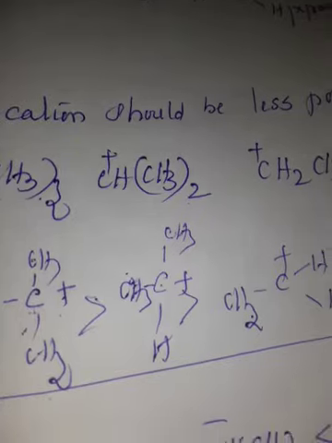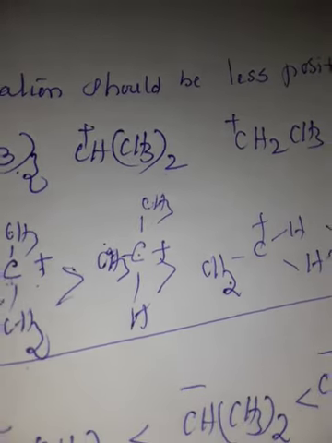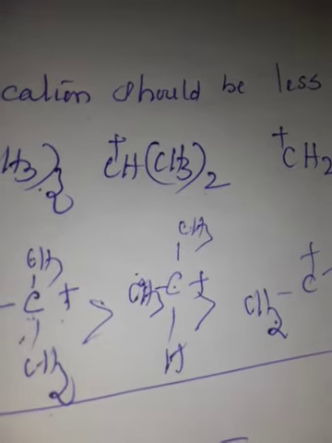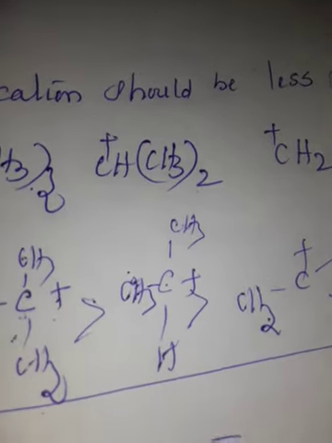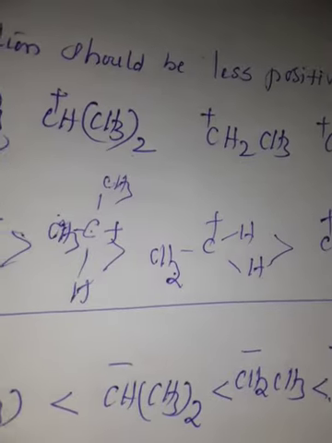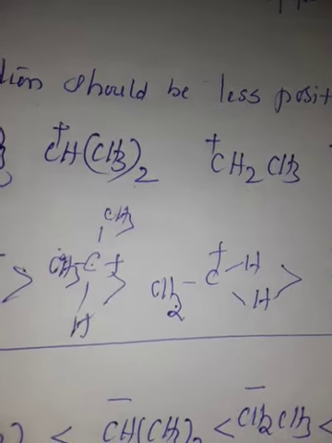It is given in the book on page number 164. You have to learn all the nucleophiles and all the electrophiles. Nucleophiles mean negatively charged species, electrophiles mean positively charged species. This hybridization is also given in the book on page number 163. Go through everything in the book and prepare well.